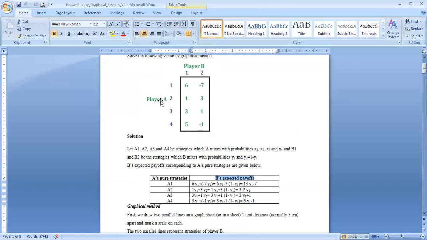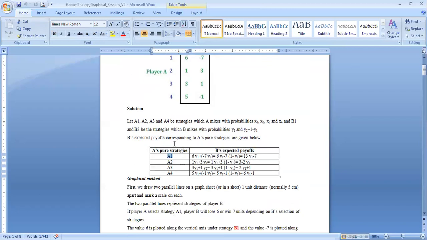Suppose the player A had two strategies and the player B had five or six strategies, then in such a case, B, who is having more than two strategies, will use a pure strategy, and we calculate the expected gain for the player A who has two strategies. Here player B is having two strategies. That is why we have to calculate the expected payoff for the player B when the player A is playing with a pure strategy. I hope you have understood this table.